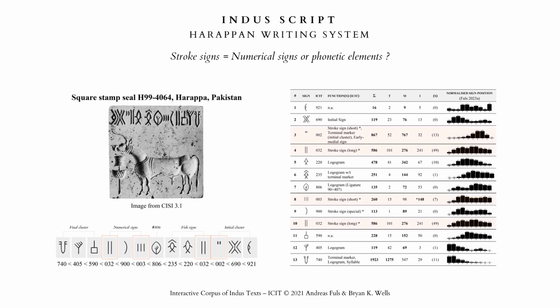However, such long and short vertical strokes also occur in inscriptions on media whose intended use does not appear to have required the notation of quantities. Apparently, stroke signs were therefore not invariably numerical, but could also have been used to represent sound sequences based on homophony or in rebus-like grammatical constructions. This distinction between numerical usage in accounting records and phonographic usage brings the Indus script in line with multi-significance practices well attested also in other third millennium writing systems.